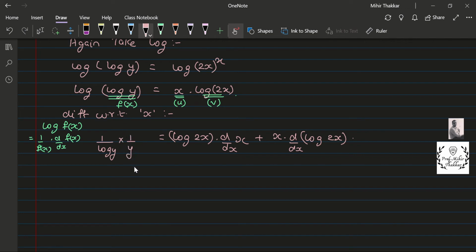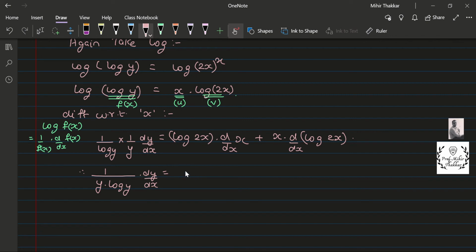But as I told you in the previous sum, the derivative of log y is considered once again as log of fx, so 1 upon fx again into derivative of fx, where I get multiplied by dy by dx. So now this will become 1 by y into log y into dy by dx,